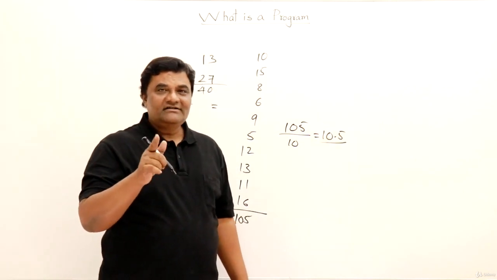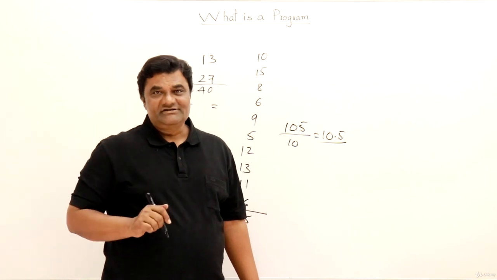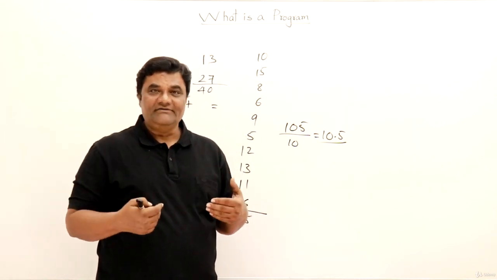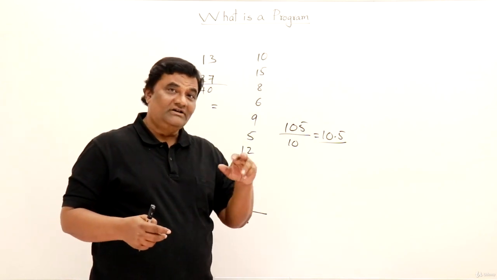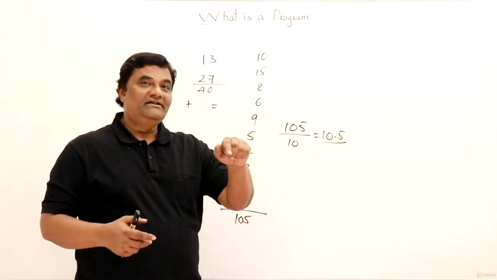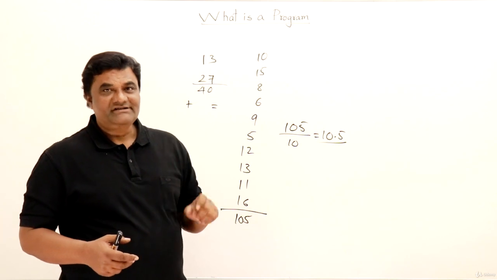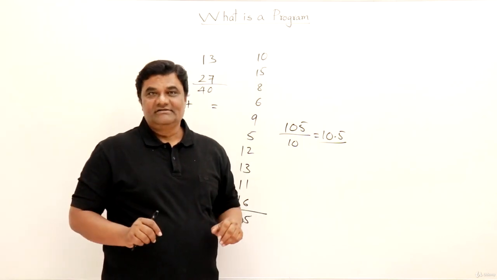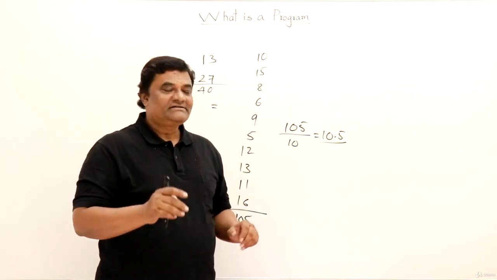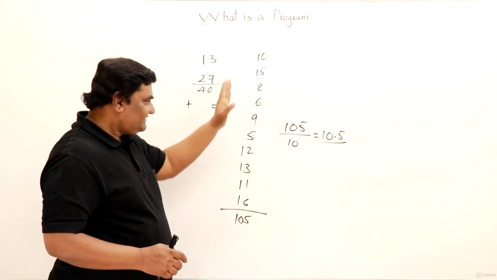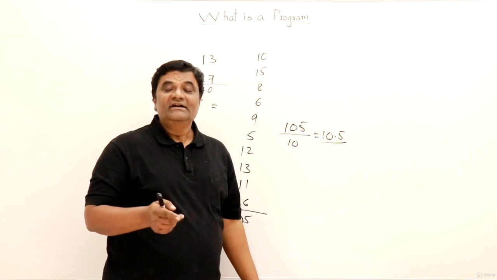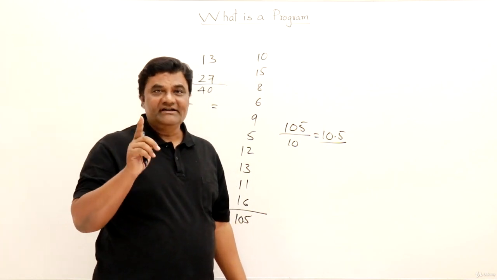Here the calculator doesn't know how to find the average. I should know how to find the average. So for finding an average, I should have the list of numbers and I should go on adding them, and then I should divide by the number of numbers, that is 10. Then I get a result, right? This is not a simple operation. This was a simple operation. This has a procedure. Yes, there is a procedure for finding an average.